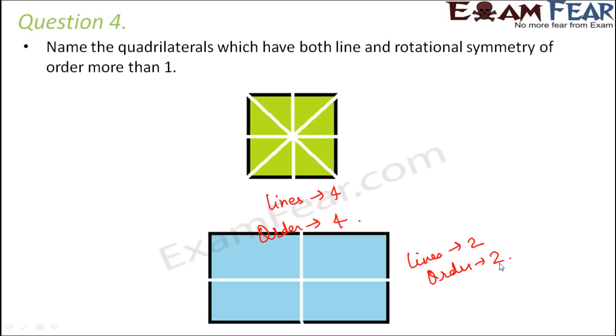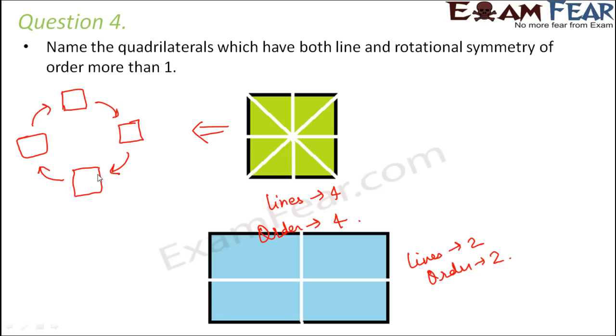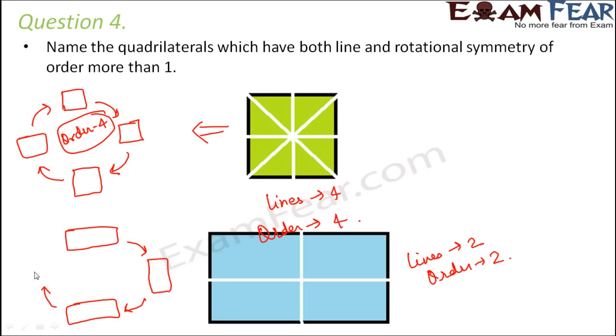Let me quickly tell you how the order of symmetry in the case of a square is 4. This is the square, right? When you rotate it by 90 degrees, you again get the same thing. You further rotate it 90 degrees, you again get the same thing. When you further rotate by 90 degrees, the same thing. In this way, you get identical squares 4 times. Therefore the order is 4. Whereas in the case of a rectangle, this is the original one. When rotated by 90 degrees, you get this. When further rotated by 90 degrees, you get this. So how many identical images do you get? You get 2 identical images. Therefore the order of symmetry for a rectangle is 2.